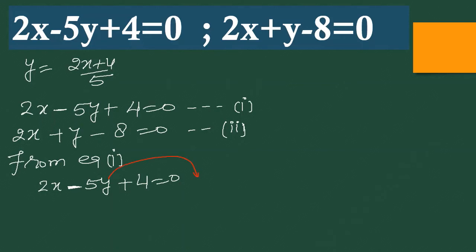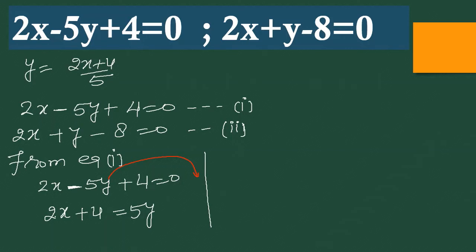It will be easy. If the term is positive, keep it here only. So it is easy to understand. So I'm keeping 2x here only and 4 also here only, and I'm sending 5y to that side. It is easy. So it comes 5y is equal to,